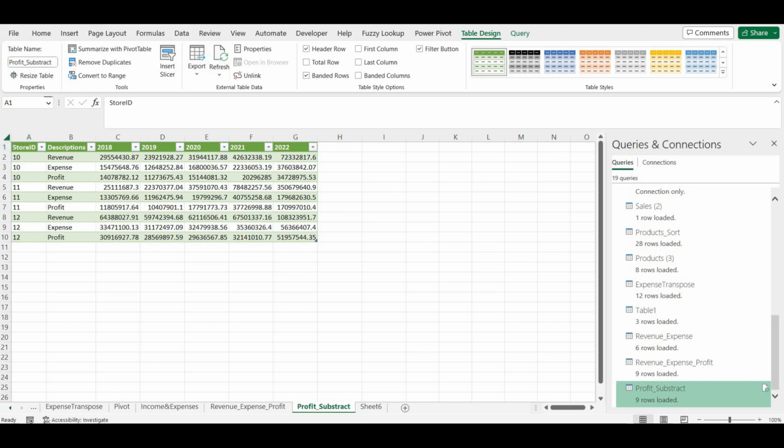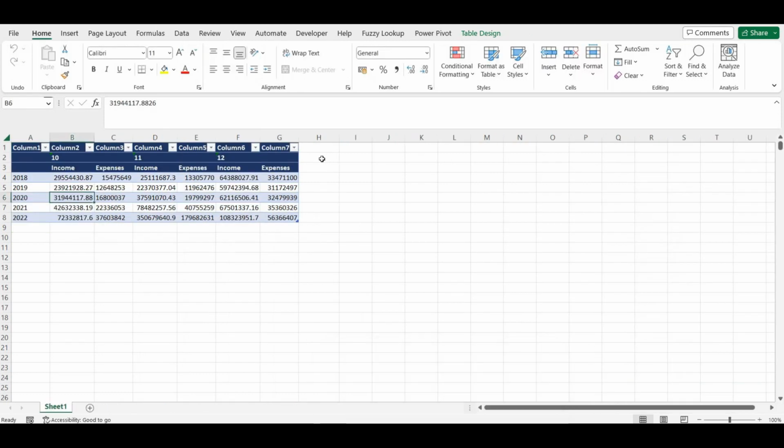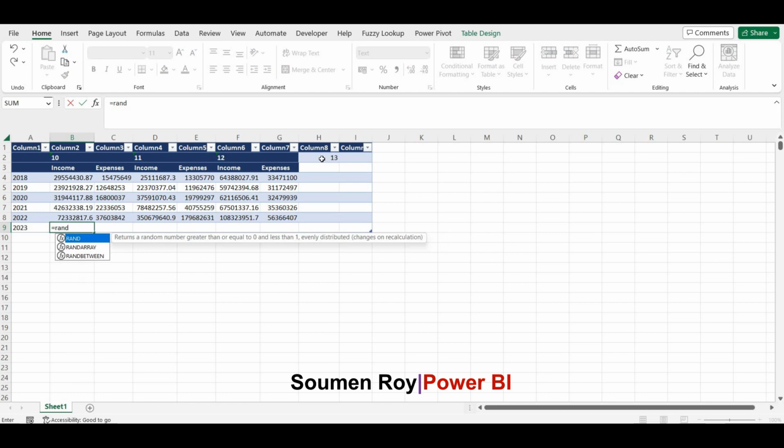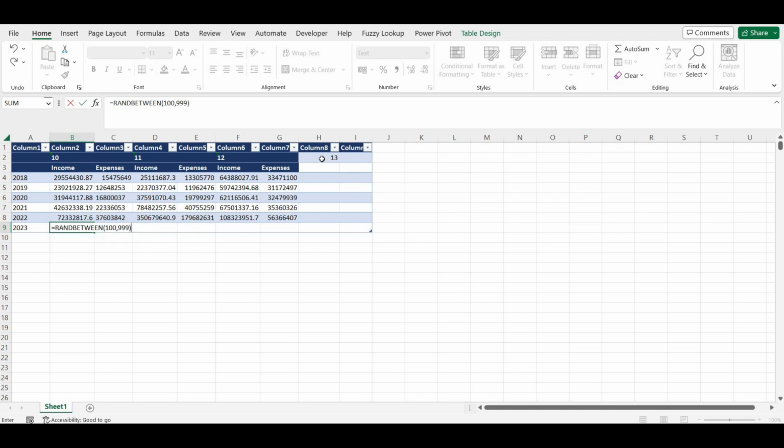Once we do this, if our data is getting updated, let's say store ID 13 has been incorporated, and for 2023 some of the data has also been entered by our production team. Let me import some of the numbers and refresh this, and this will become automatically updated in our Power Query editor, or we can see the result in the table